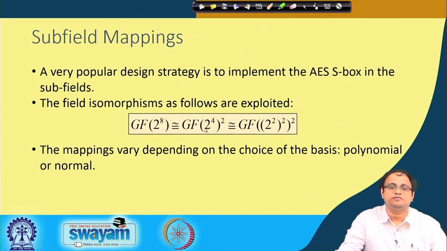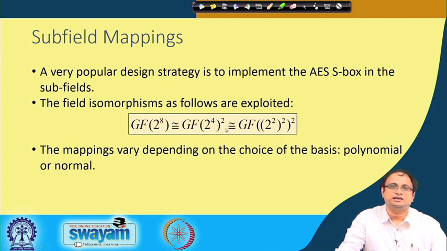So, we try to therefore express or convert that into the field GF2 power of 4 square by applying an isomorphic mapping. But the idea is that the underlying operations are now done in GF2 power of 4 rather than GF2 power of 8. Therefore, the cost in GF2 power of 4 is significantly less compared to GF2 power of 8. Likewise, we try to express GF2 power of 4 in GF2 power of 2 whole power of 2, and therefore the operations are now done in the subfield GF2 power of 2. GF2 power of 2 is only 2 bits of data, so the underlying operations become much simpler.